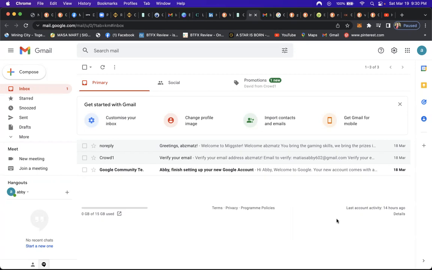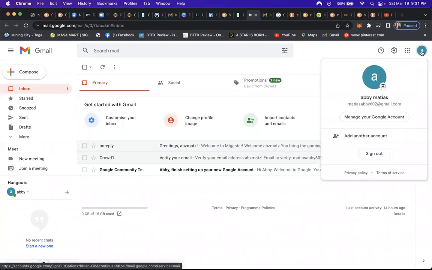Right, so let's get started on how to set up the 2FA, or the two-factor authenticator. This is also what we call the two-step verification on your new Gmail account. Here is a Gmail account that I've just created, and I assume you already have yours, a very fresh Gmail account that you will strictly use for your crypto accounts. So in your Gmail window, you hit the top right icon with your initial on it. There it is. And you're going to hit manage your Google account,